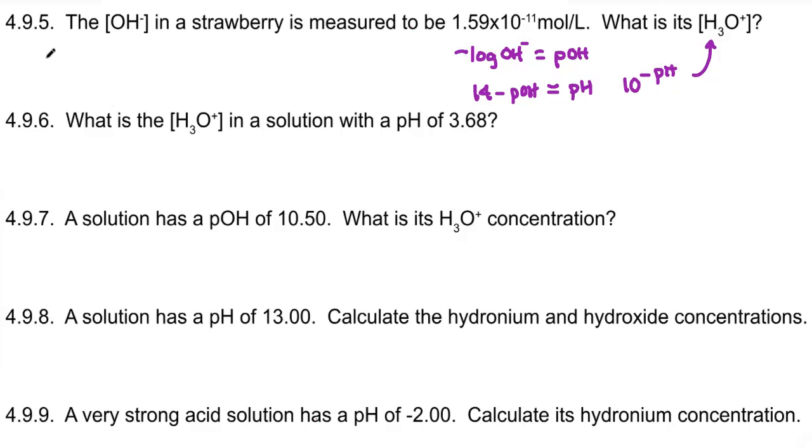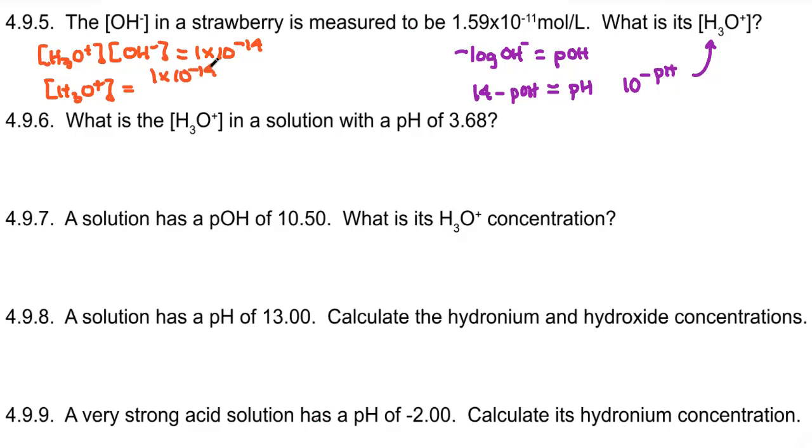you remember we said quite a while ago that anytime you have OH and H3O in a solution, their equilibrium constant is 1 times 10 to the minus 14, the ionization product for water. That means anytime you're in water, your H3O concentration times your OH concentration should come out to 1 times 10 to the minus 14, which means H3O, if you take both sides of this and divide by OH, you get H3O is 1 times 10 to the